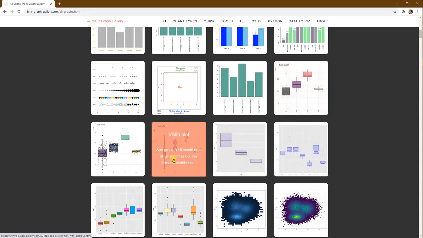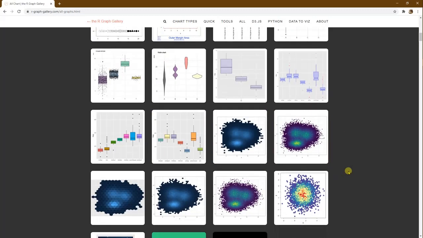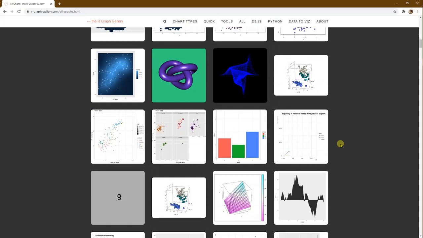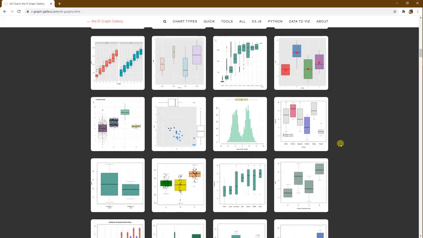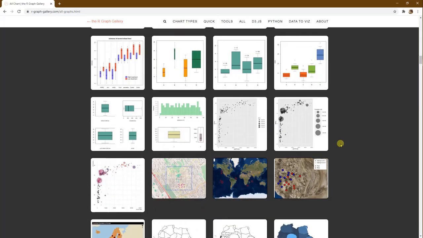Here we have got violin plots. Violin plots are better than box plots. You may have occasion to see them. And in these box plots you can see the notches are also there, which signify something. And we can see an almost unbelievable variety of charts.